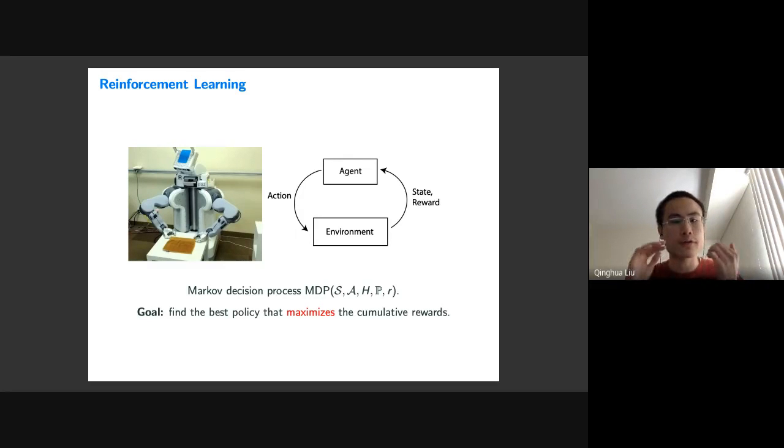The goal of reinforcement learning is to find the best policy that maximizes the cumulative reward. In this application, the best policy is basically the best way to move its arms so that we can fold the towel as fast and accurately as possible. To achieve this goal, many classical reinforcement learning schemes claim that the best policy can be found if they are given an infinite amount of samples and infinite amount of computation time.